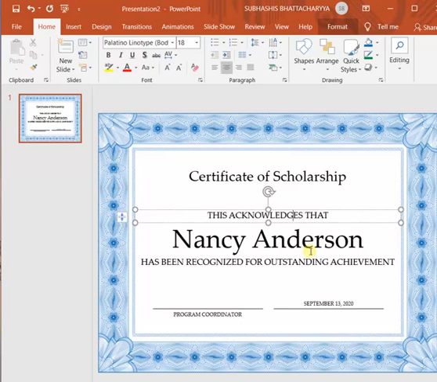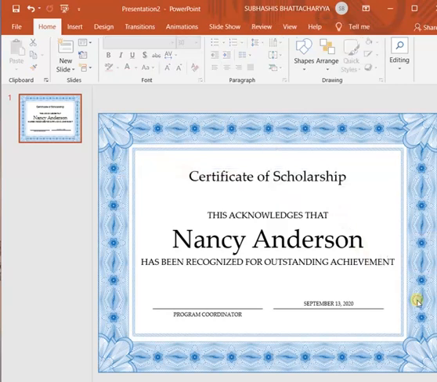But in themes, the content is not there. You can see here, along with the background style, the font, not only design, even content is there in built-in templates.